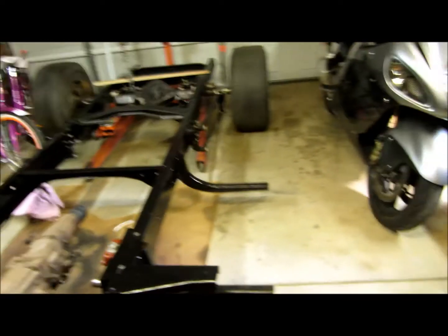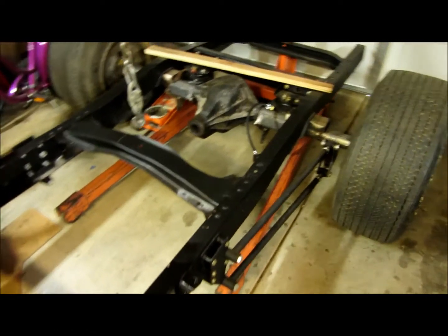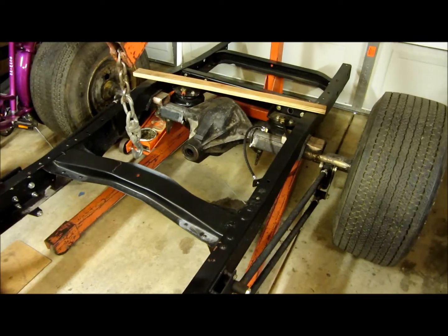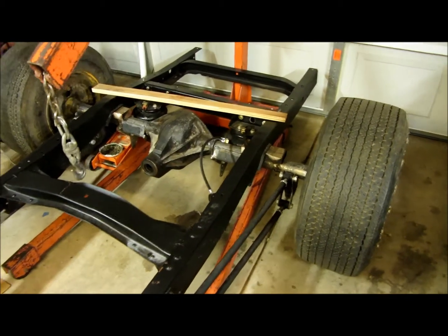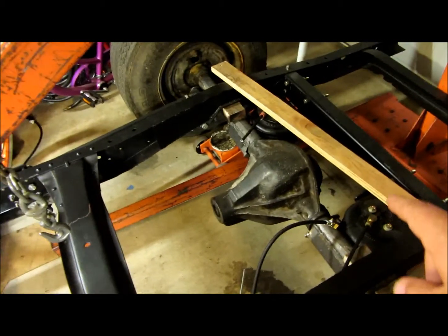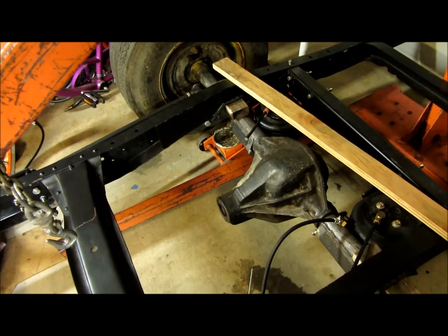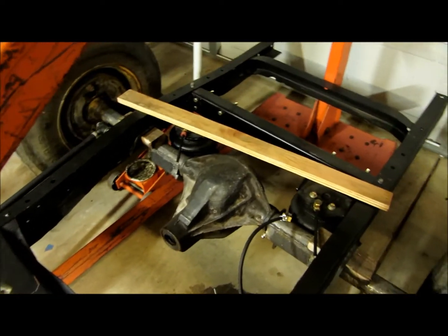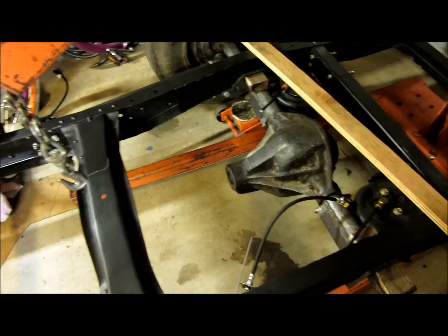The plan today is I'm going to lift this thing up. I'll jack the frame up some and then put the axle on jack stands also, because I got to pull the carrier out of the rear end, so I can stick the pinion gear back in. It's not going in permanent, I'm just putting it back in for now so I can stick the drive shaft back in here,